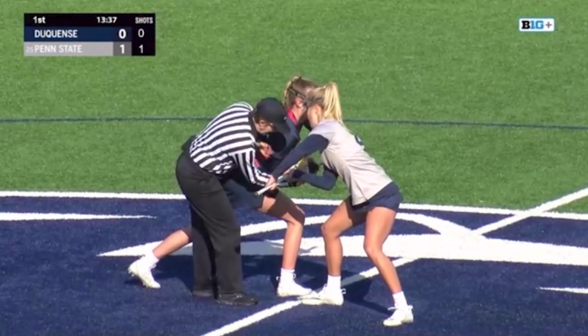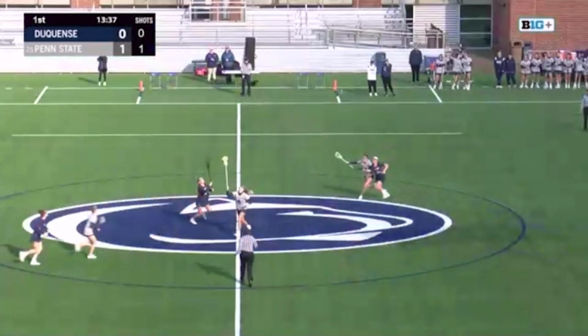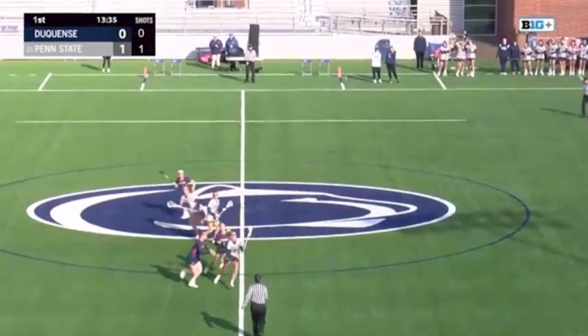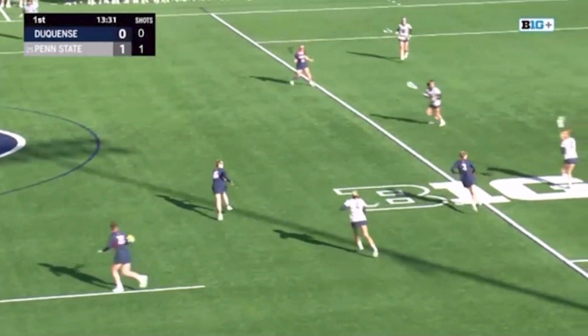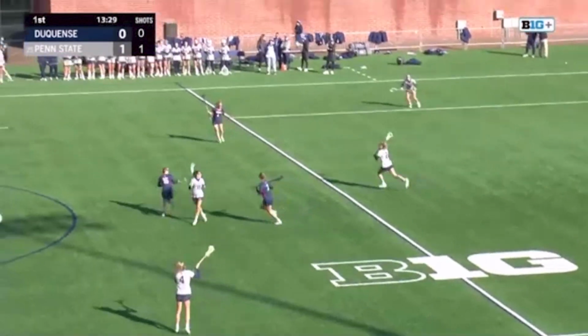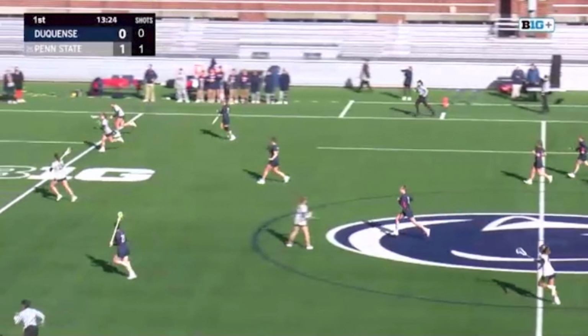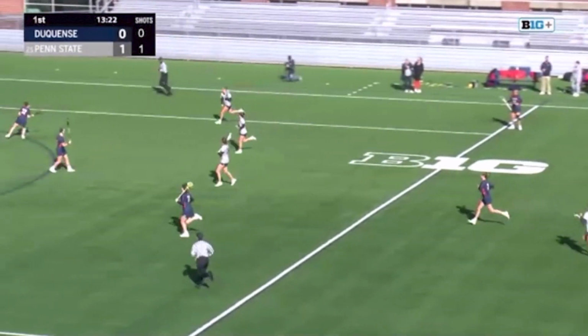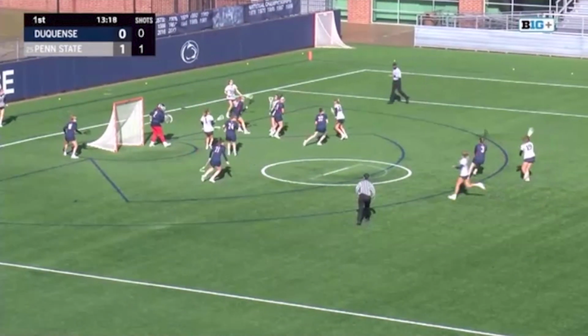Clock stopped at 13:37 here at Panzer Stadium, about set for the other draw control. Ball up in the air, and Abernathy able to control things for the Nittany Lions. Penn State got off to a strong start in that Drexel game their last time out, and it led to their victory. Gretchen Gilmore running up with it for Penn State outside the crease, and now in goal line extended,